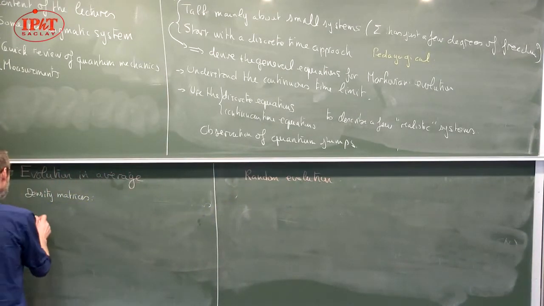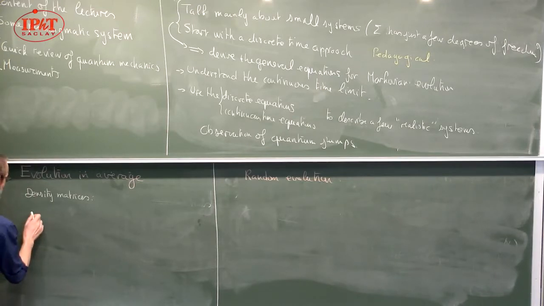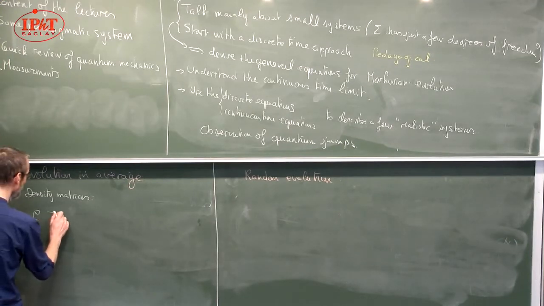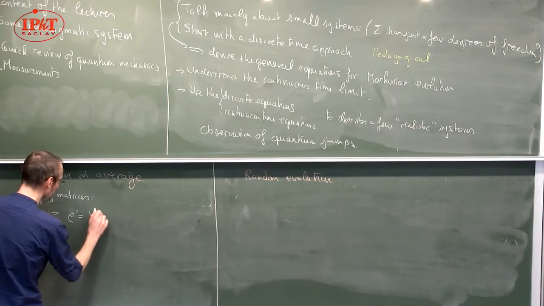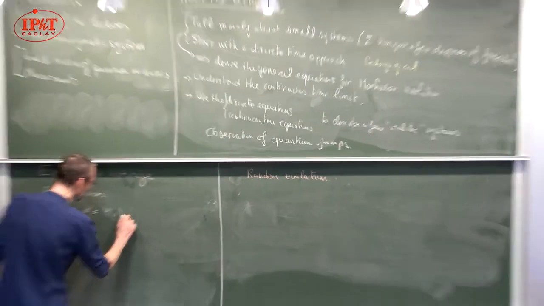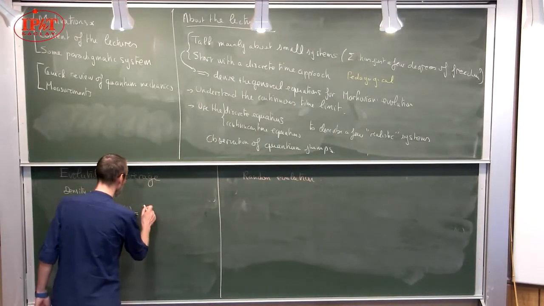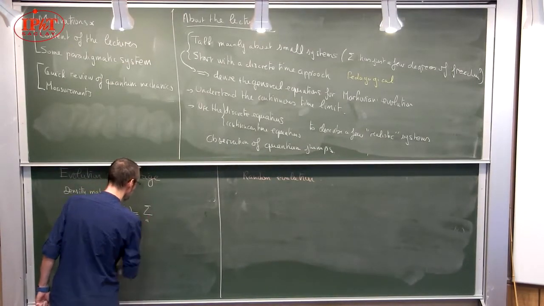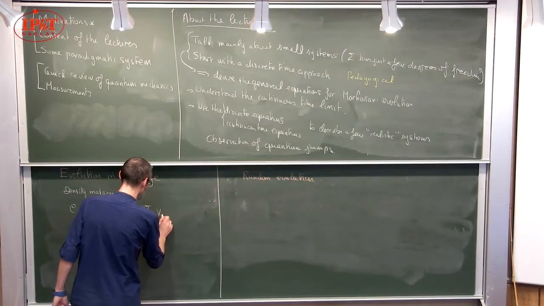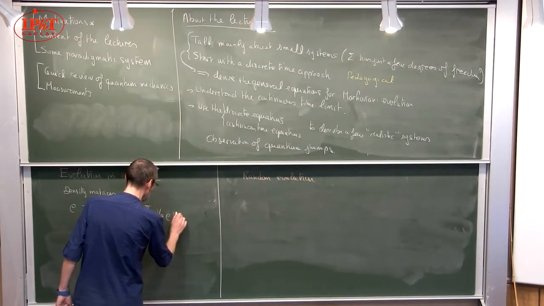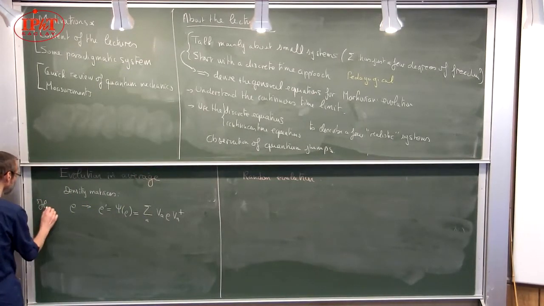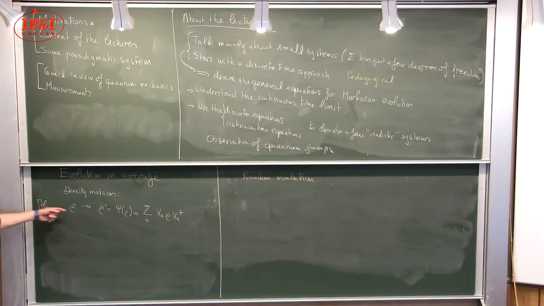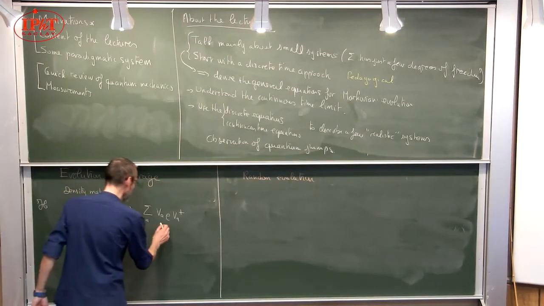Anyway, this is in the framework of density matrices, and you consider the following transformation: you have a density matrix rho, and you transform it in the following way. Rho prime, which I also call psi of rho. This is just a notation, but this is more explicit. It's going to be a sum over A of V_A rho V_A dagger. You have of course some Hilbert space somewhere, you have a density matrix, and you have some operators.